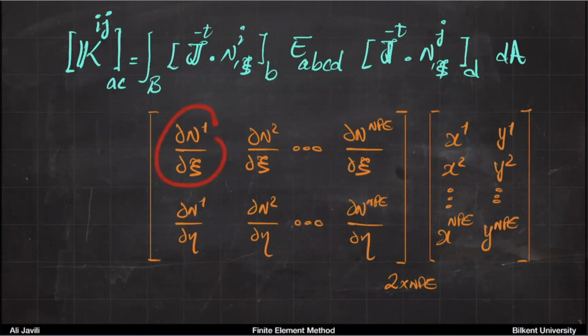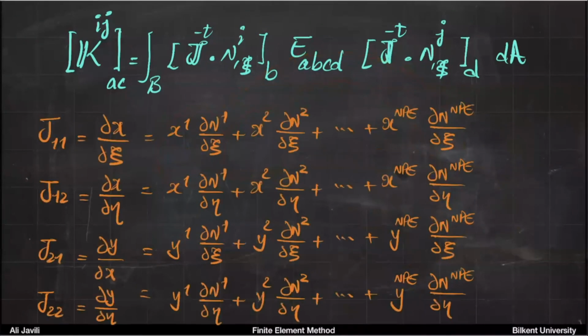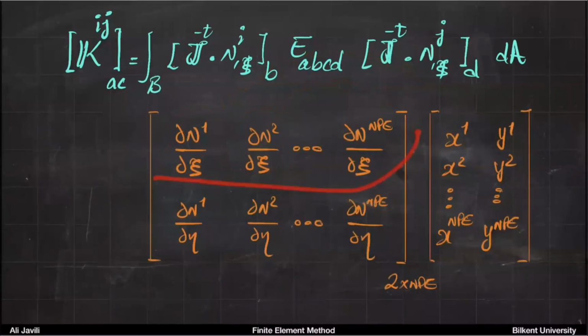You get derivative of n1 with respect to c times x1, derivative of n2 with respect to c times x2, and so on. So let's see if that is familiar. Derivative of n1 with respect to c times x1, derivative of n2 with respect to c times x2. So it turns out if you multiply